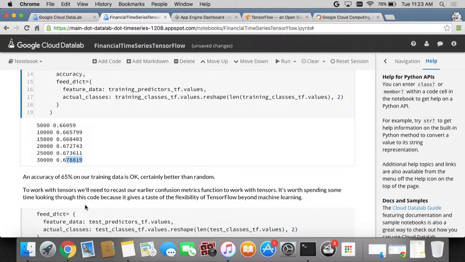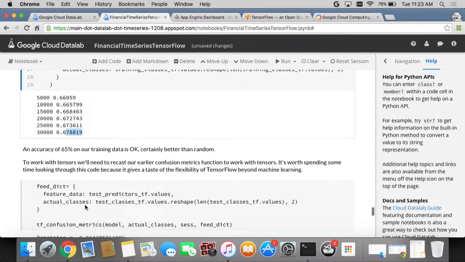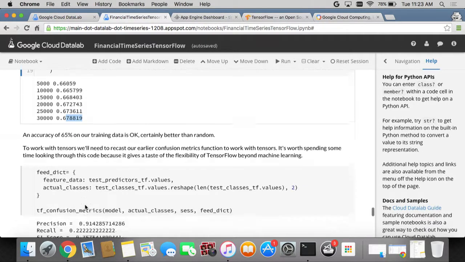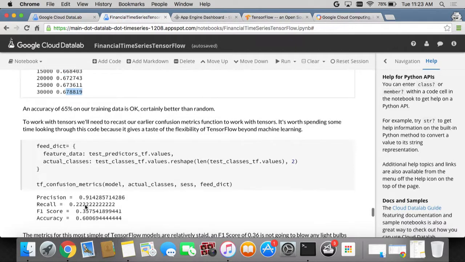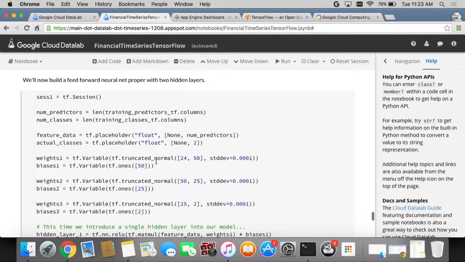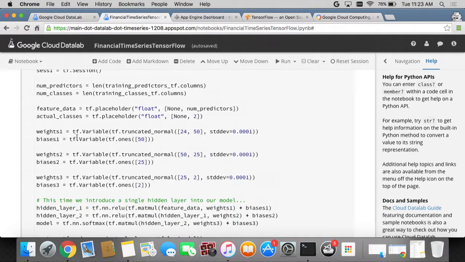Okay, great, simple. You get the data, you play a little bit with it, you can build a machine learning model super easily. Let's go to the next level. Now I want something a little bit more complex, and it's still going to be easy. What we're going to do here is try to do a feed-forward neural net with 2 hidden layers. That's another model that we use a good amount at Google, and that's something that you can do. So how do you do this?